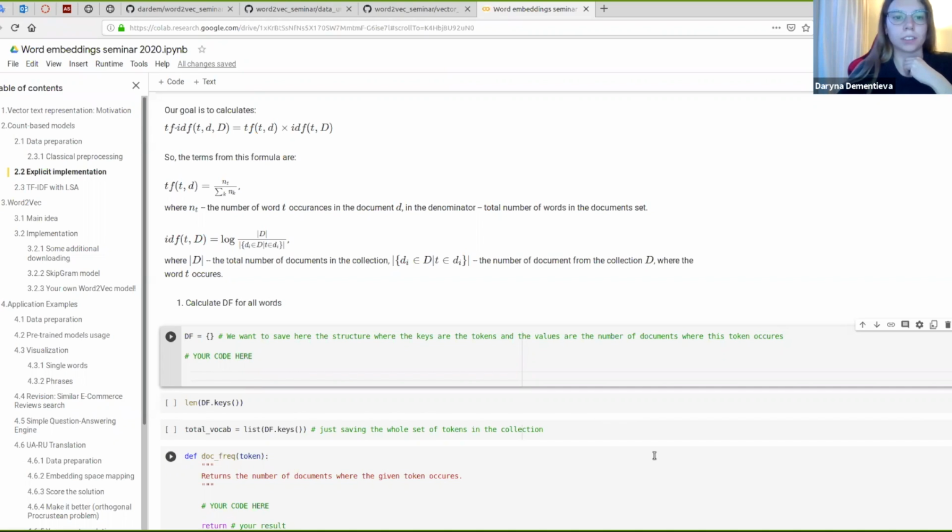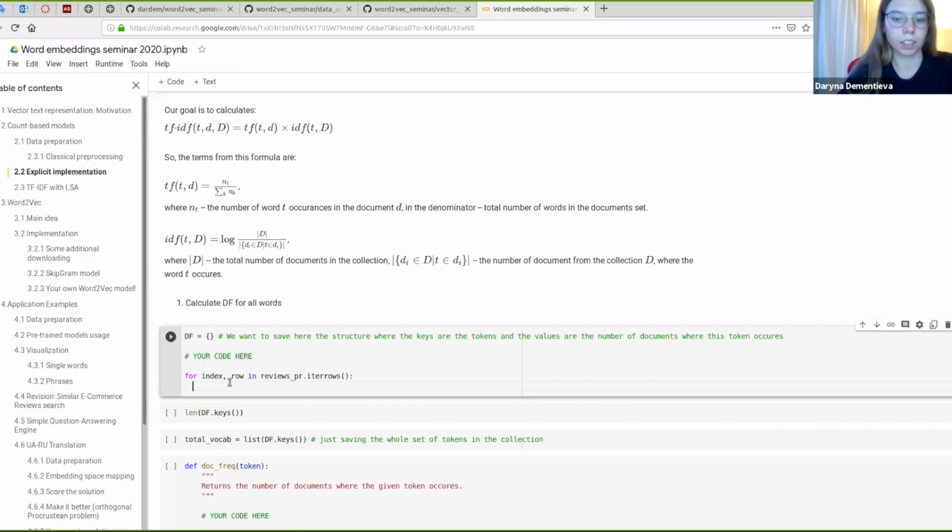Okay, so maybe I will slowly start to write. So again, what we want to store, we want to store our tokens and the corresponding number of documents from the collection where this token occurs. We will go through the data sets. And so what we have here,